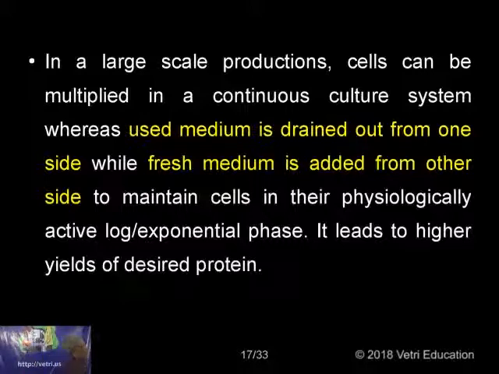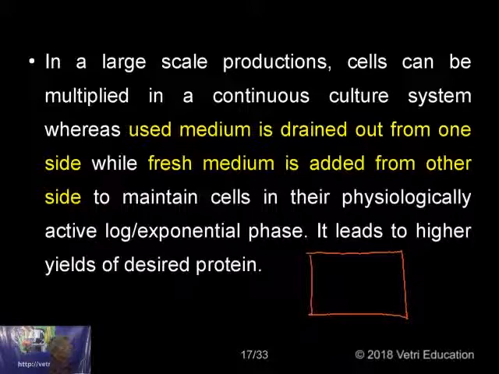Naturally, you have an experimental vessel. Now in this you want to have a continuous production. So what will you do? When it is in a large scale production, the cells can be multiplied in a continuous culture. The medium you are using, this used medium should be drained out because it is used already. So the used medium is drained out from one side and a fresh medium is added,